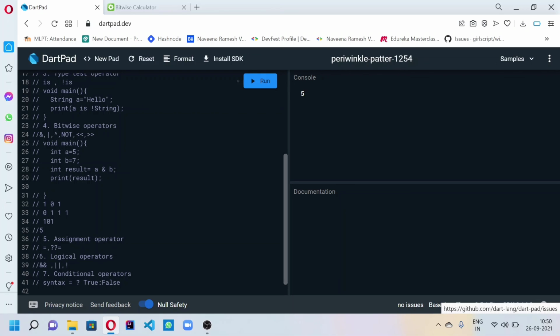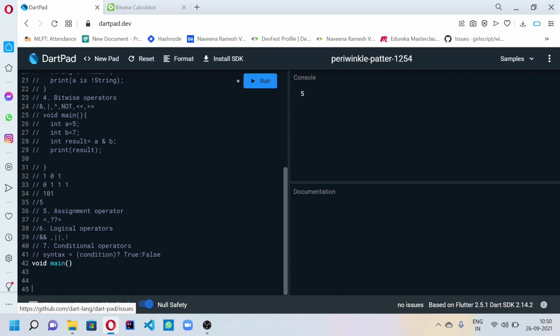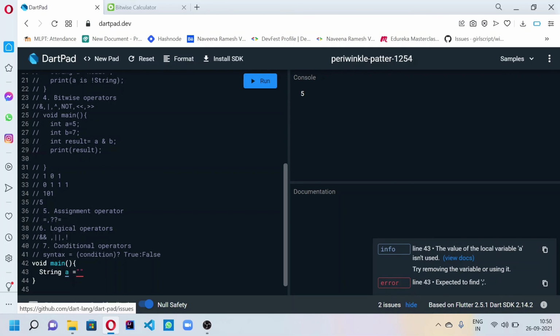Before the question mark you have to give the condition. After the question mark it will return the true value, and if the condition is not true, it will return the false value. For example, we take it as a string. Any type works, it is not necessary to check only with string.